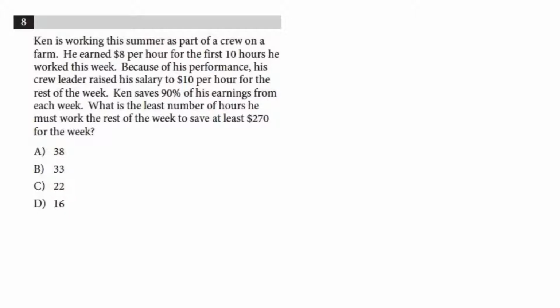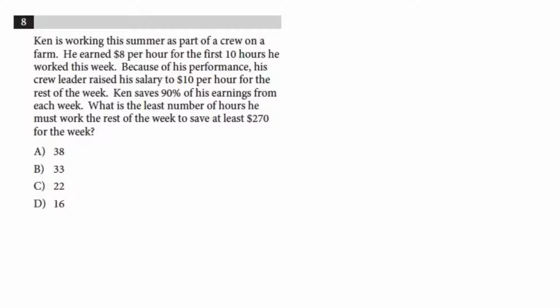Number 8. Ken is working this summer as part of a crew on a farm. He earned $8 per hour for the first 10 hours he worked this week. Because of his performance, his crew leader raised his salary to $10 per hour for the rest of the week. Ken saves 90% of his earnings from each week. What is the least number of hours he must work the rest of the week to save at least $270